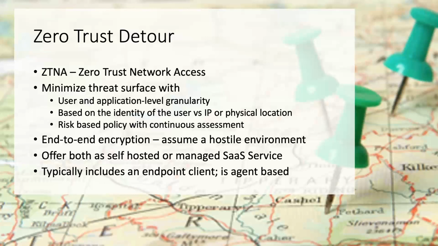I'm going to those on-premises applications, I'm going to those cloud applications, and I can create these group-based policies that allow that very sort of finite access control, and it's almost always based off of identity of the user. And then again, you can apply these risk policies and this continuous assessment. It provides end-to-end encryption, right? So from point A to point B, from that user to that application.